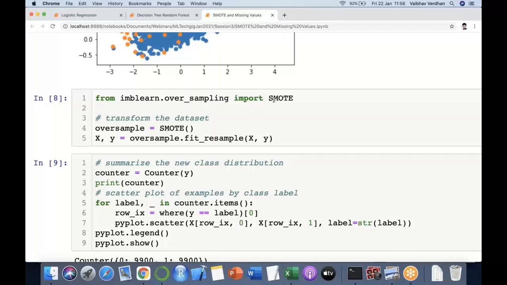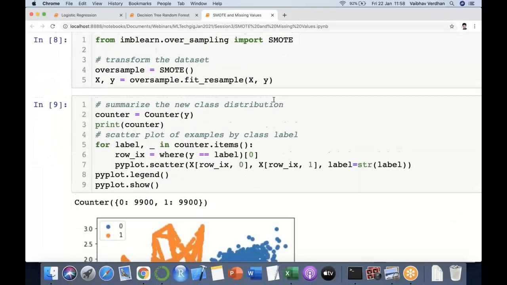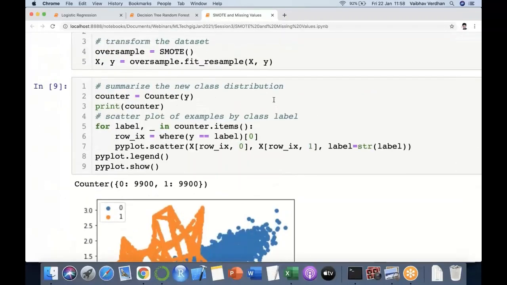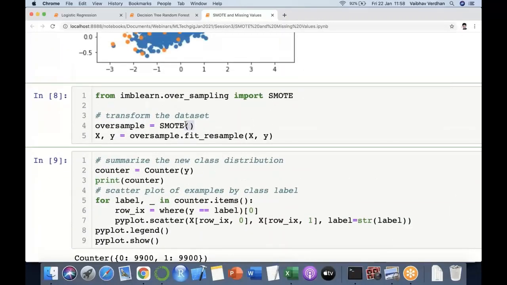Okay, SMOTE, it is like a data transform object. It is the full form, synthetic minority oversampling technique. Okay, so what it does is, this is a simple implementation of SMOTE, that I invoked